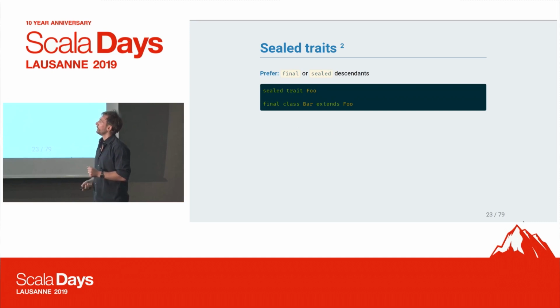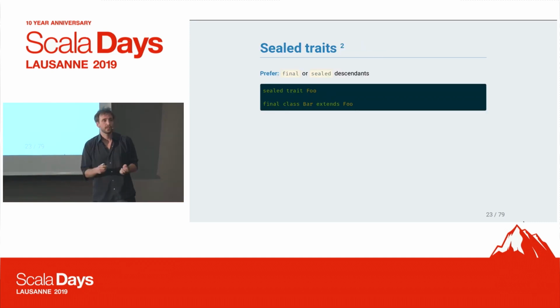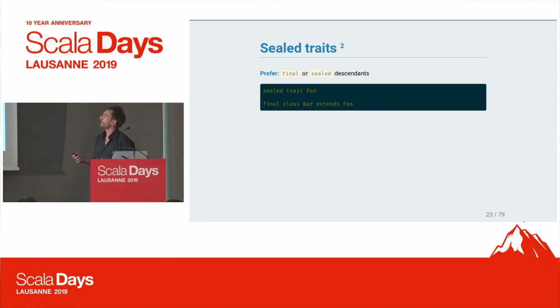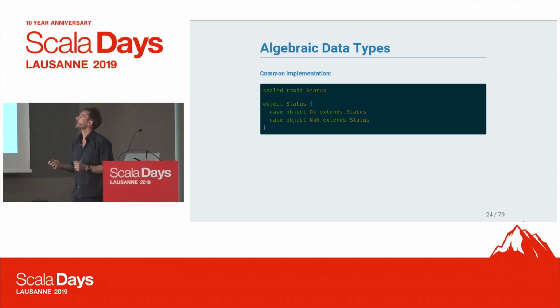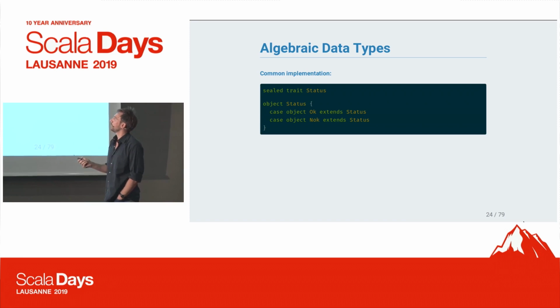Right, so the solution is to prefer final sealed descendants. And as far as I can tell, nothing's changed in either 2.13 or 3 about that. Right. Algebraic data types. So I showed you that just before. It's basically the same code. And now